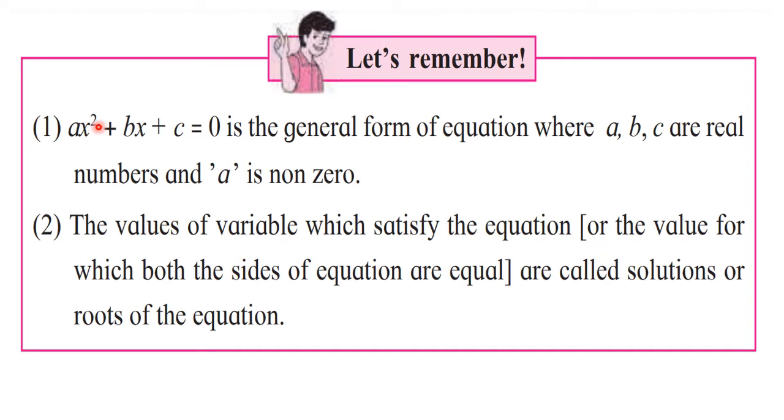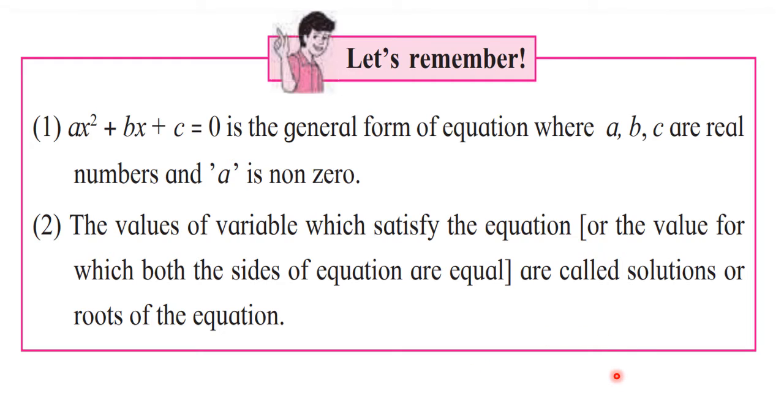Now here, since the degree of the equation is 2, the quadratic equation can have maximum 2 roots or maximum 2 solutions. It can have one solution also. That means both the roots or both the solutions are equal, or it is possible that the equation has no real roots. So those conditions we are going to see ahead. Here you have to keep in mind the general form, that is ax square plus bx plus c is equal to 0, where a cannot be 0.